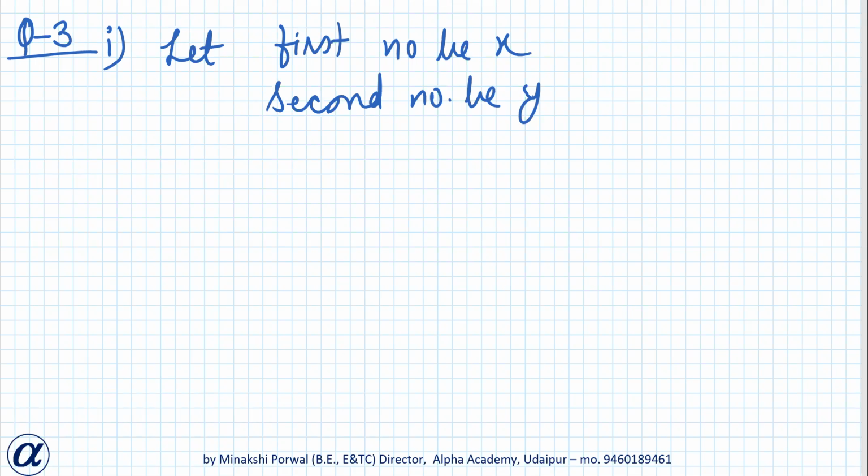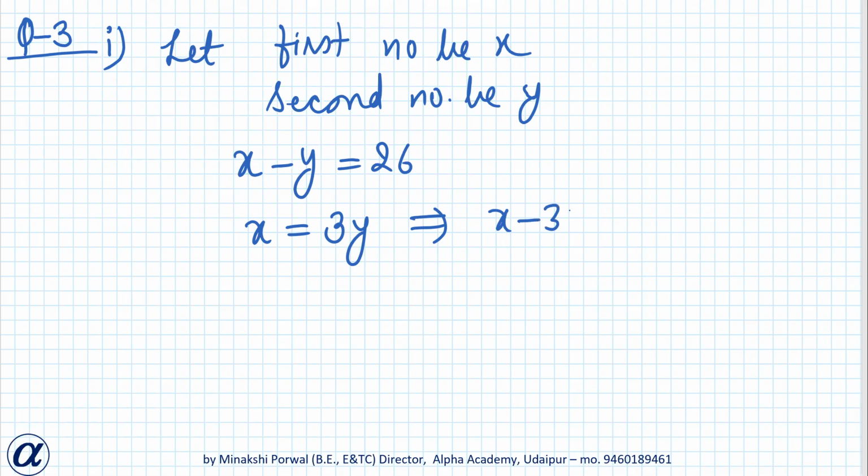Let greater number be x, then x minus y equals 26 will be the first equation. Okay. Now one number is 3 times the other. That means x is 3 times y. क्योंकि y smaller है, so we can write x is 3 times y. This implies x minus 3y equals 0. These two equations you have to solve. Okay, copy this and this solving work will be homework.